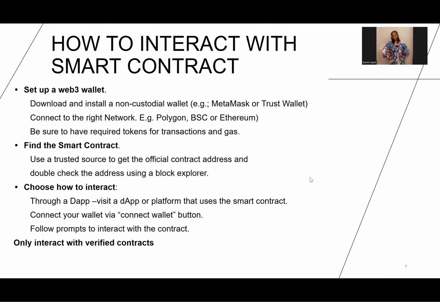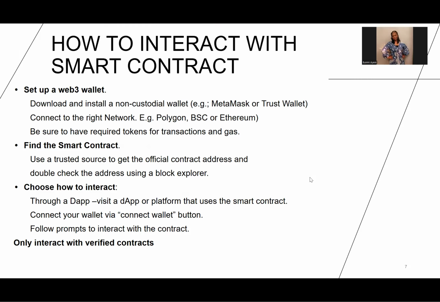That's how you connect to the browser, and then you enter the address. Or for those using MetaMask through the Chrome extension, you type the address in your web browser, and then you connect your wallet.